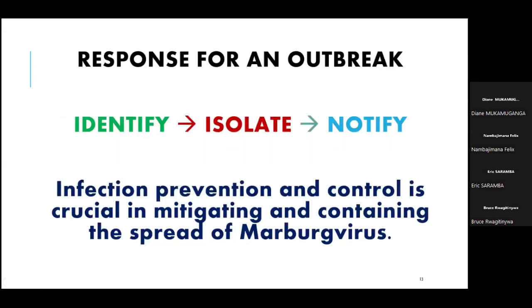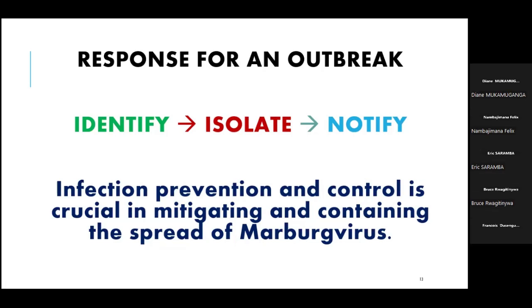So now, as we are already in the response, we are going to discuss what are the measures or activities that we do so that we limit the spread, but also we take care of the positive cases identified. So we must always try to get the case as early as possible. We must identify. How we identify the cases is to do screening at each point of entry for all